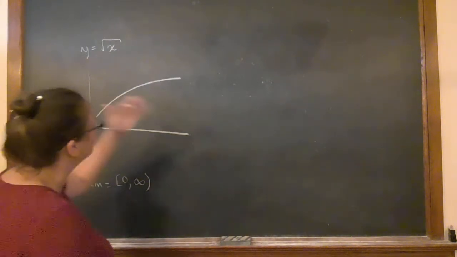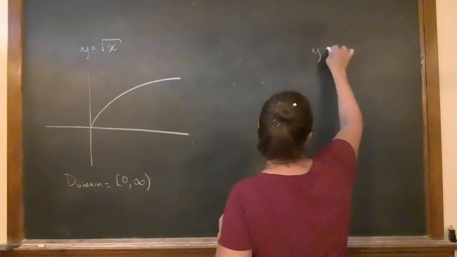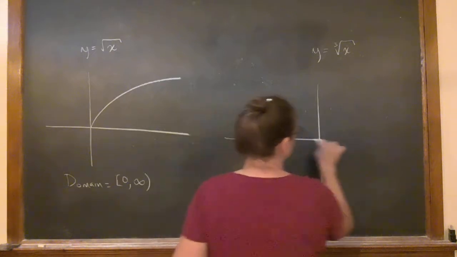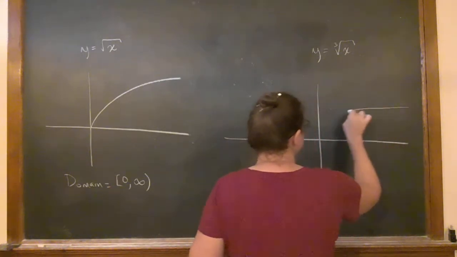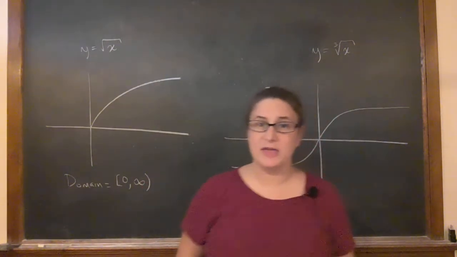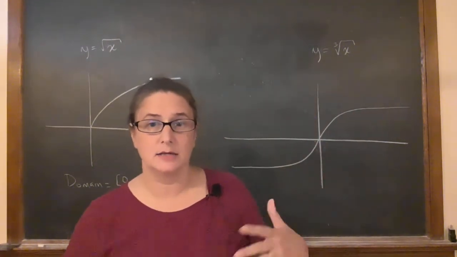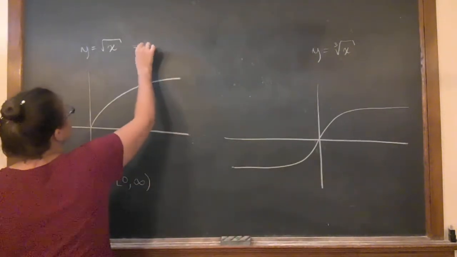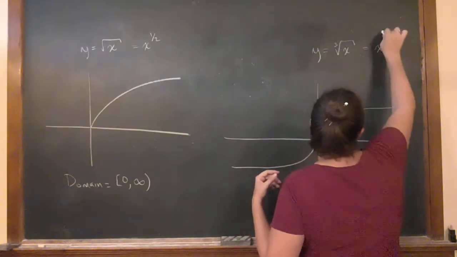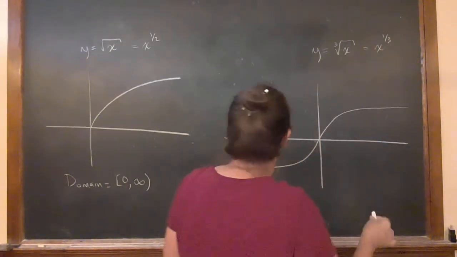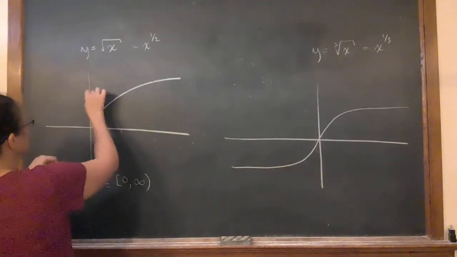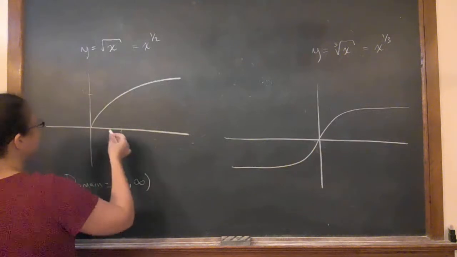And we'll talk about that when we talk about inverse functions. Whereas, of course, if I look at the cube root, that's not a problem. I can take the cube root of a negative number. So this just looks like that guy. And the same thing is going to happen as I take the numbers up, right? So I can think of this as being x to the 1/2, and I can think of this as being x to the 1/3. So if I take the 4th root,